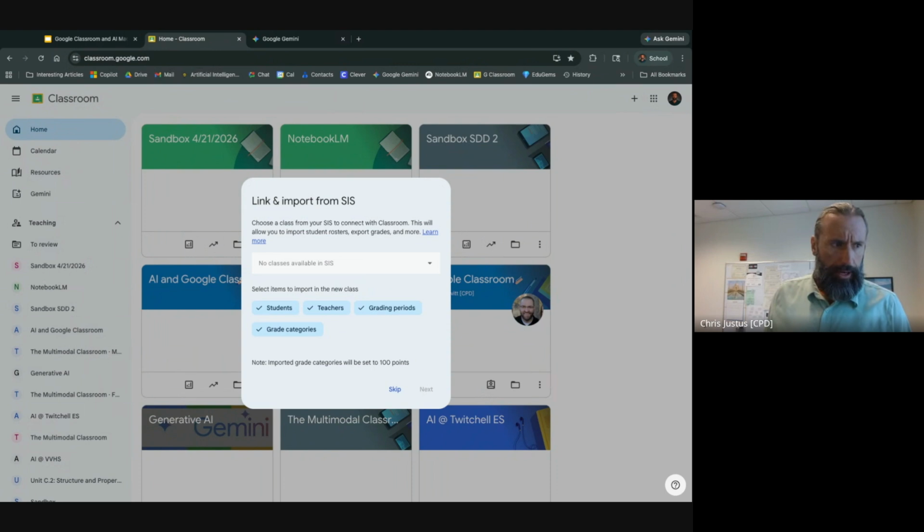Now look what it's doing on my screen. It says if I have my Infinite Campus connected right here, I might see all of my sections right now. Don't do that, because your students don't have access to Classroom this school year unless you're at one of the pilot schools. So even though the classes look like you can sync and all that, the kids can't get onto it. So don't import anything. We'll click Skip,